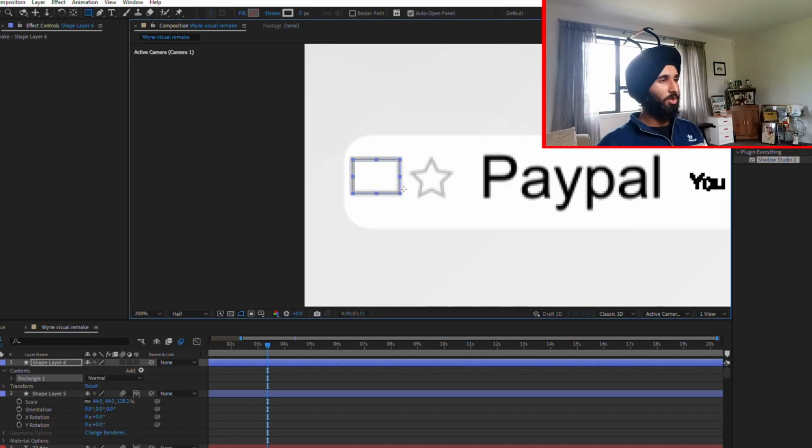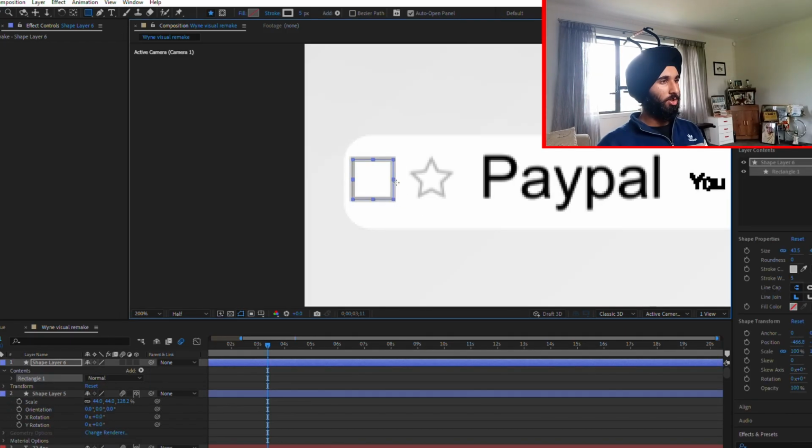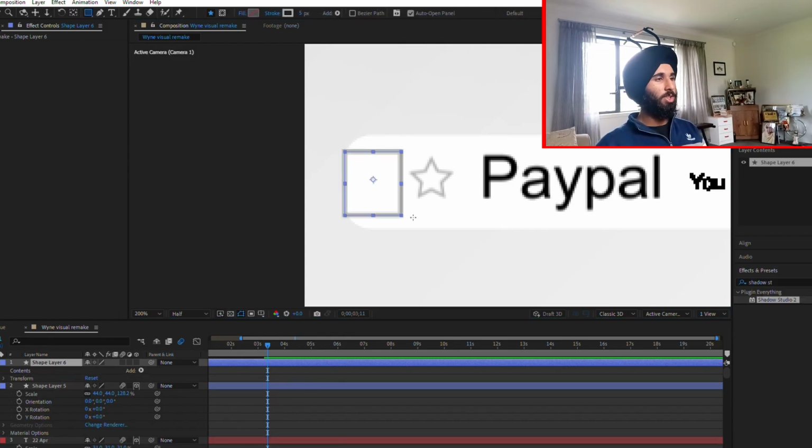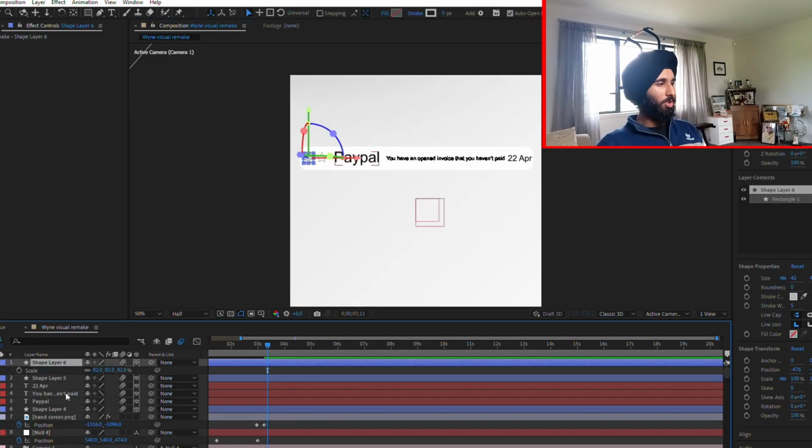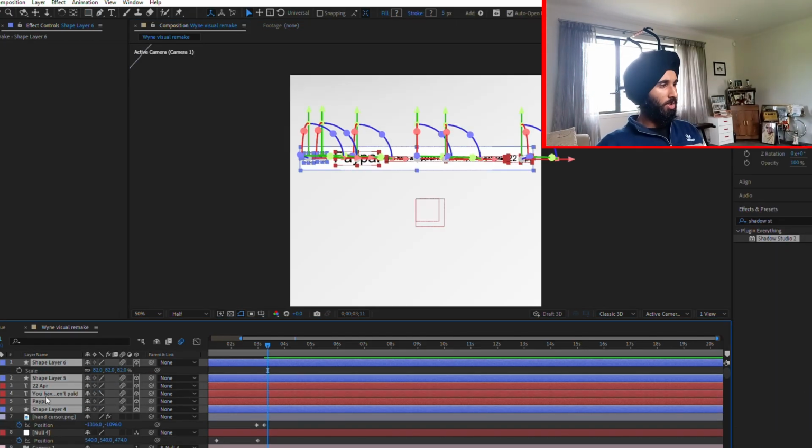Make sure that the stroke is the same as the star. And a cool trick to make sure that the square is a perfect square is when you're creating it, instead of going all over the place, if you hold shift, it will become a perfect square automatically. So select all of them except the last one and pick whip